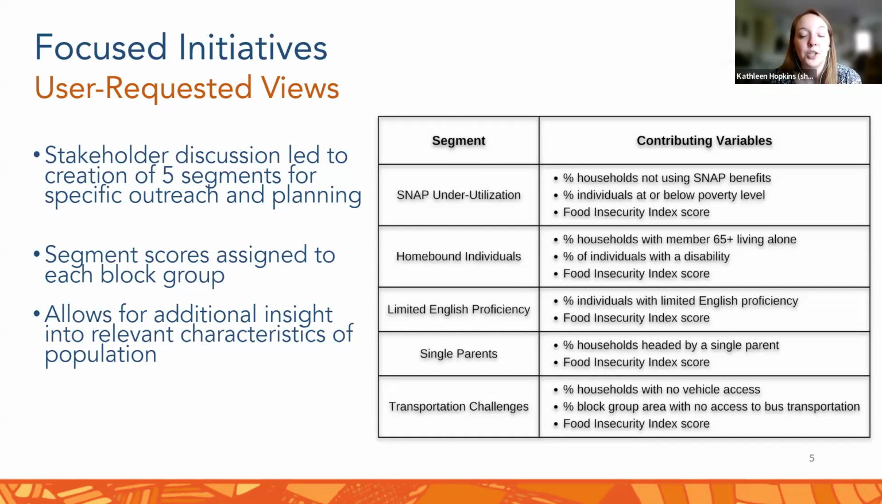Our segments are essentially specialized views that highlight different aspects of food insecurity. You can see these in the table on the right, and the intent of all the segments is to make the tool more usable by outreach teams and program planners. So one example is our SNAP underutilization segment, which combines a block group's food insecurity score, poverty rate, and SNAP enrollment numbers to spotlight areas where there may be underutilization of SNAP resources and areas that could be good locations